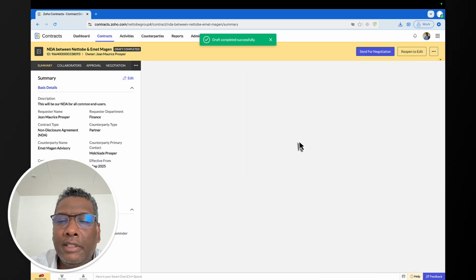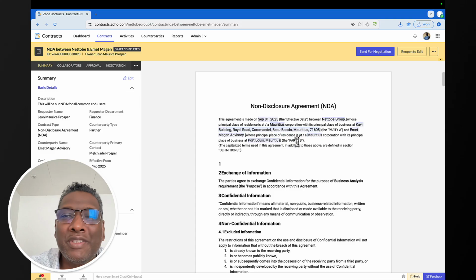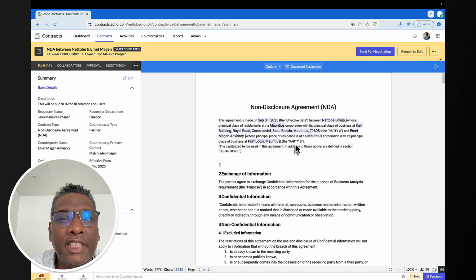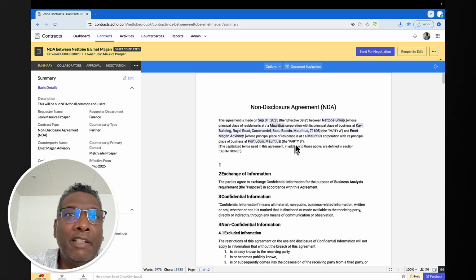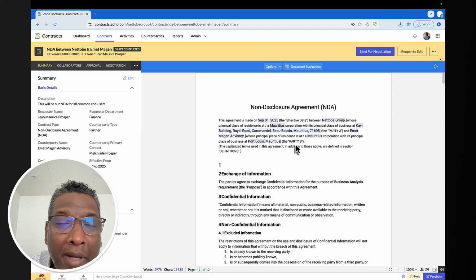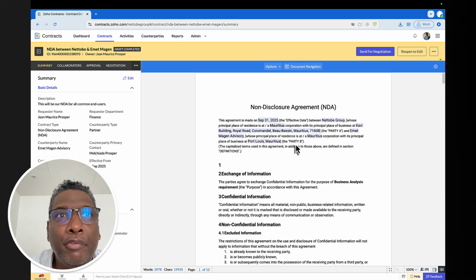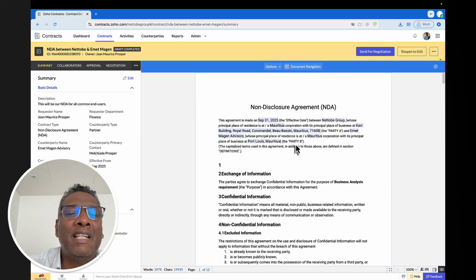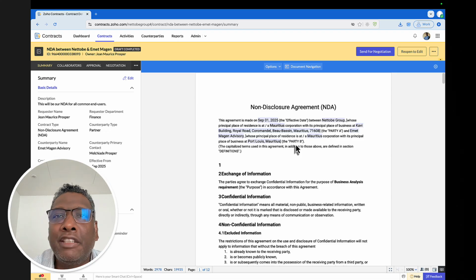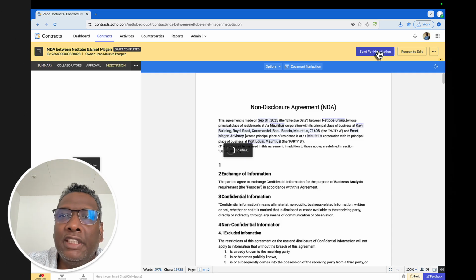Okay. Now it's good. So now we are going to send that for negotiation. The contract is good. I want to send that to my other counterparty, which is in this case Emmett Magan. It is a partner with us who does all the business analysis activities when we're doing Zoho implementation. So I send it for negotiation,